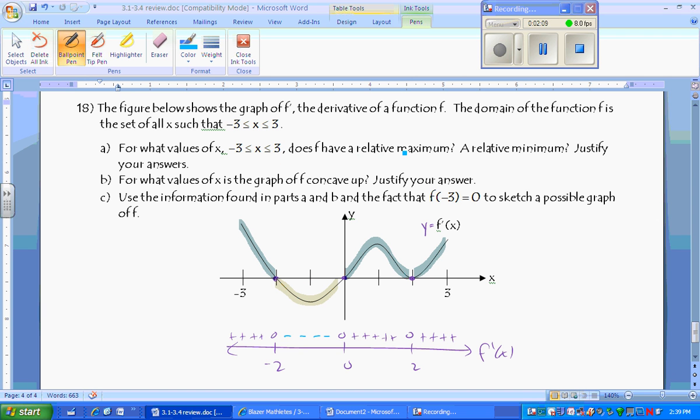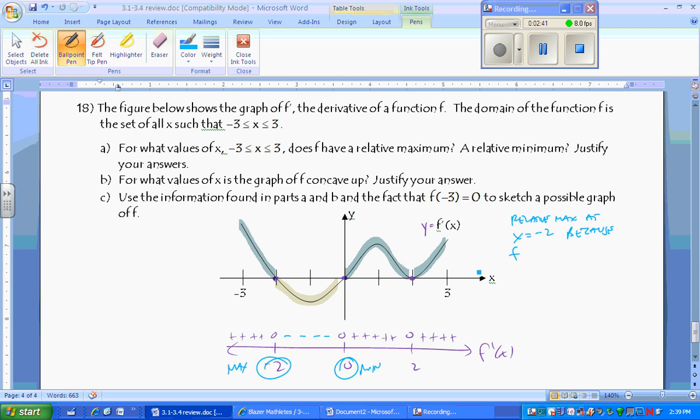So a relative maximum occurs when it changes from positive to negative. So that would be at -2. A relative minimum changes from negative to positive. So that would be when x is equal to 0. We have to justify our answers. So we have a relative max at x equals -2 because